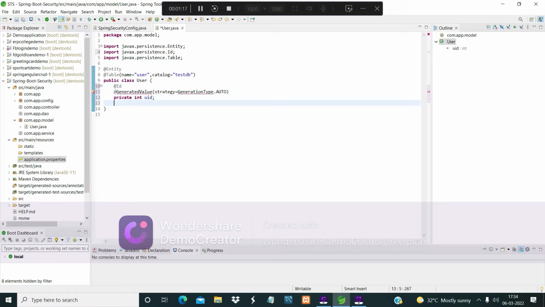Then we will give a username: private String username. Private String password. Private String email.